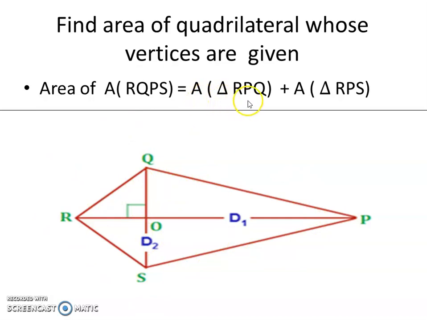Area is a bracket triangle. Which triangle do I consider first? RPQ. Next, plus area RPS. So we take the